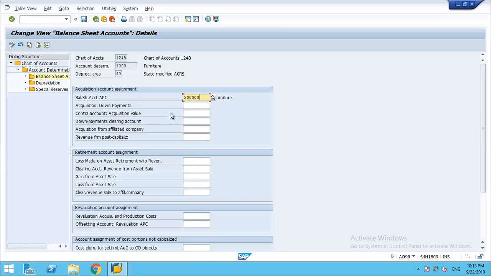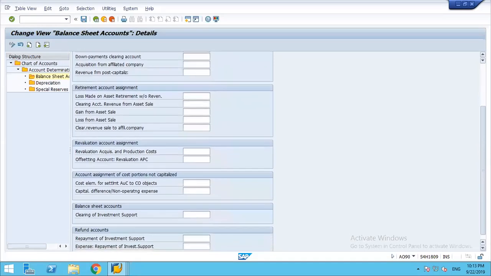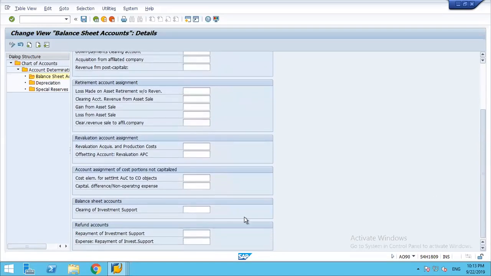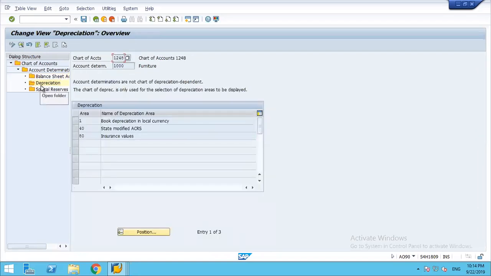And here, see here we have retirement, we have a revaluation, and we can see this is in the case of investment. Of course, we don't use that. Okay, so just I'm maintaining over here. That's it. Double click on the depreciation thing, and here again one